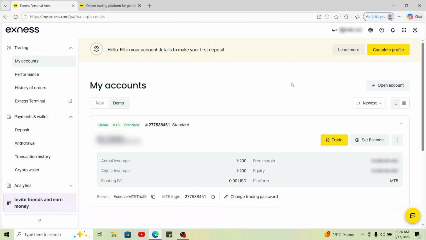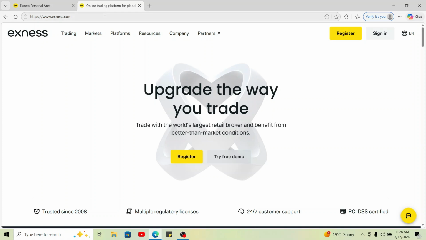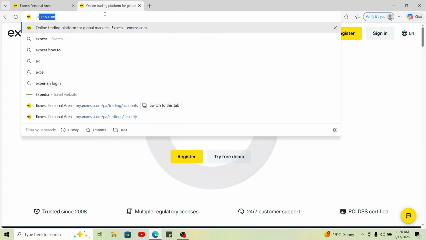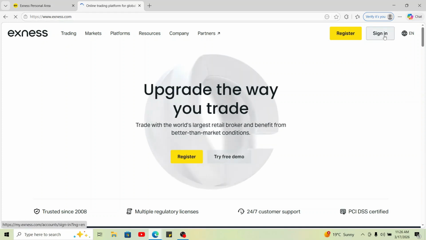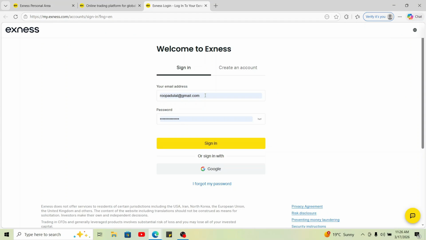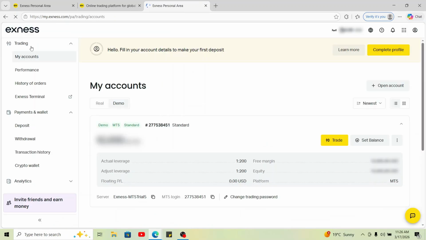To change your Exness account's nickname, first of all, launch any web browser and type in exness.com in the URL box and search. Once you're inside the home page of Exness, go to the top right corner and click sign in. Make sure to type in your credentials correctly and log into your account. And once you're logged into the home page of exness.com, from the My Accounts tab that appears on the screen,